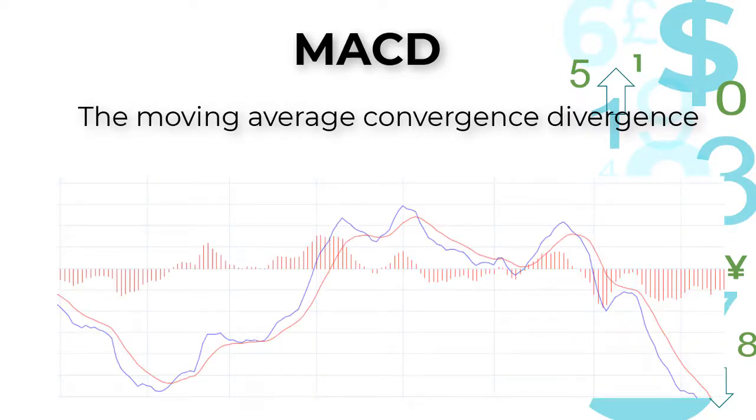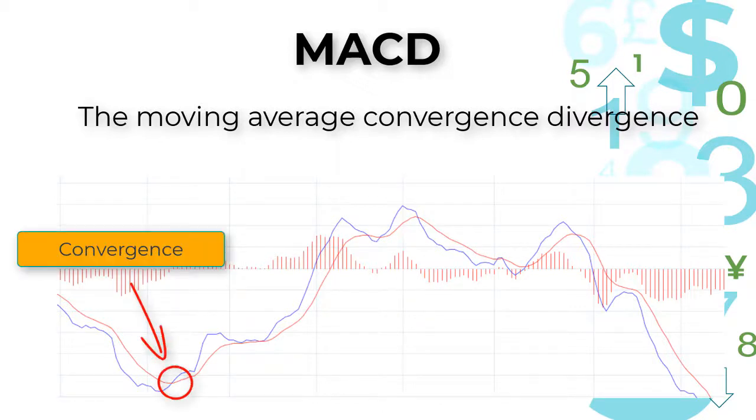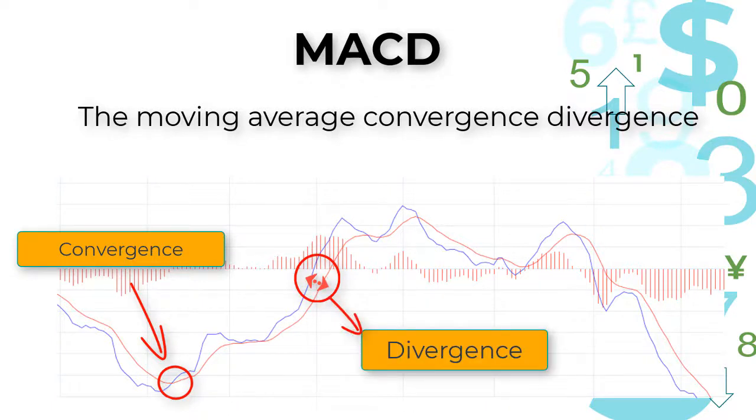If the two moving averages come together, it is called converging. If the moving averages move away from each other, it is called diverging. Firstly, let's have a look at the theory behind how the MACD works. On this drawing, the line you're seeing is the zero line, which you can see in the MACD indicator. I'm going to draw two simple lines to understand the MACD.